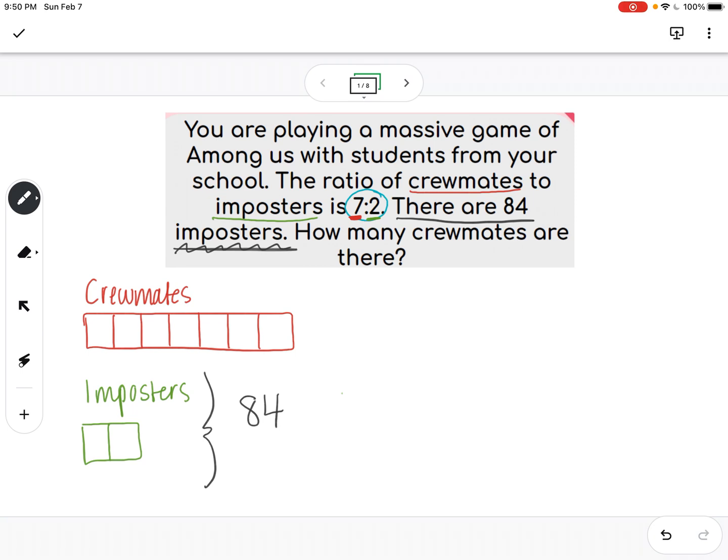right there. So from here, what we're going to want to do is find the values of each part of the ratio in order to answer the question of how many crewmates are there. So if we know how many imposters there are total, and we know the ratio for imposters, can't we solve for each of these boxes right now? And if we can solve for these boxes, that means we can also solve for these ones up here. I know what you're thinking. You must be thinking that we divide